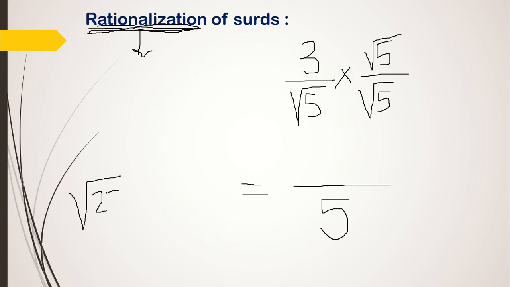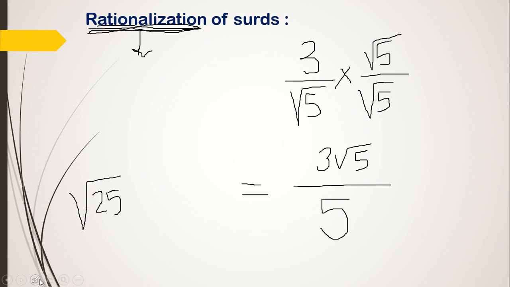I hope everybody knows how to find square roots by now. Root 25. Okay. Please write squares: 1 square is 1, 2 square is 4, 3 square is 9, at the last page of your notebook, and every day revise up to 30. Then you will not find this lesson difficult at all. So here you got 5 in the denominator and in the numerator you got 3 root 5.